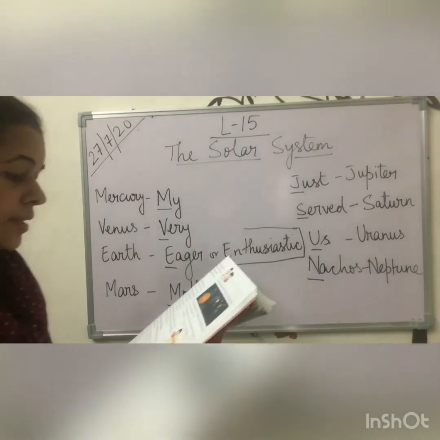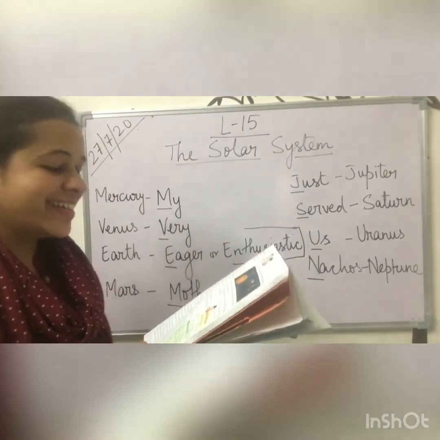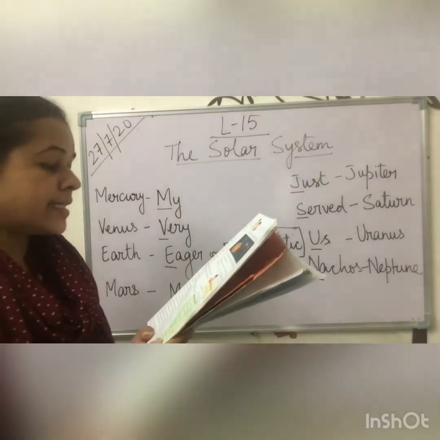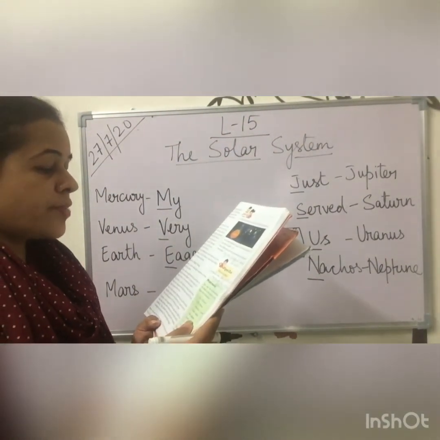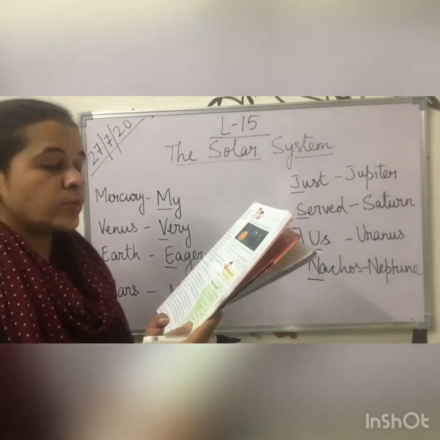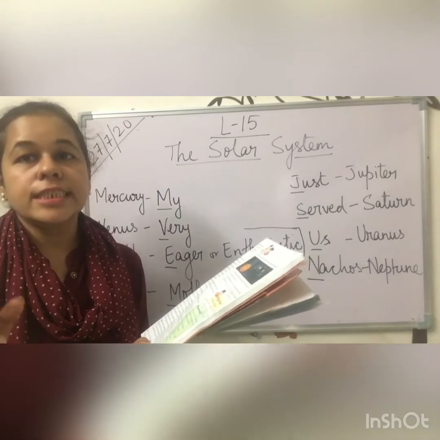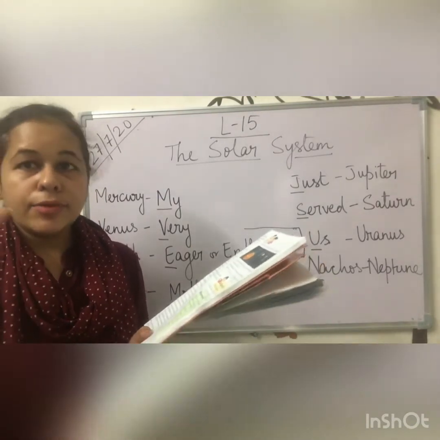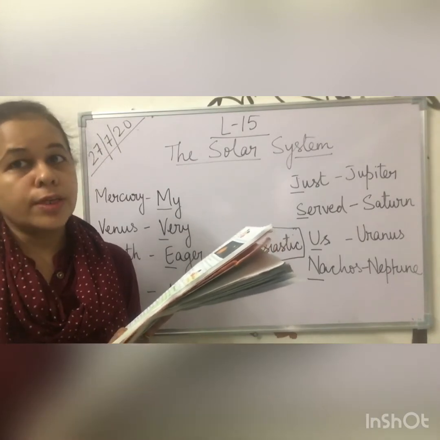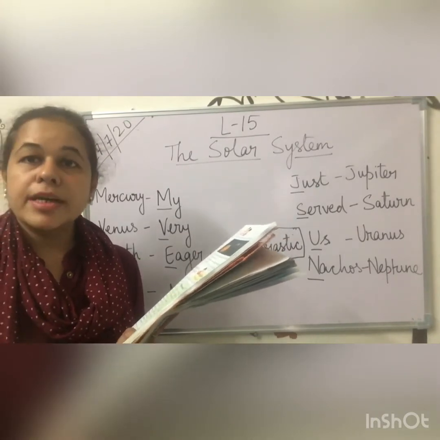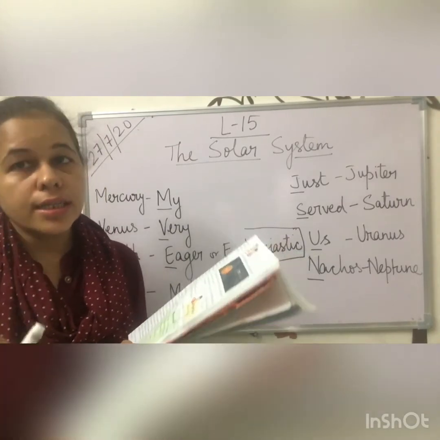Now third, the Earth is a living planet. We live on it only. It has been called the blue planet as it appears blue from space. It takes 365 1/4 days to go around the sun. For Earth, we all know that a year is 365 1/4 days. That 1/4 day is saved, and every 4th year that 1/4 day is added, and it becomes one day, which is added to February, and it becomes a leap year.